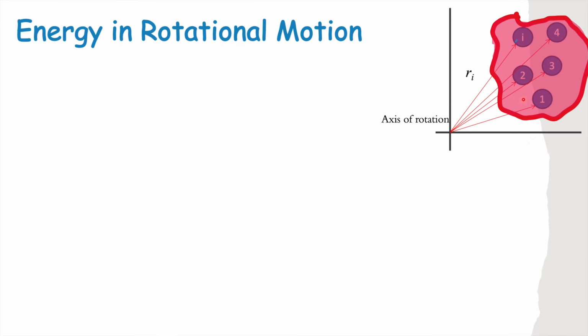So if you try to consider here a rigid body, which is composed of many particles, the ith particle. Shall we say particle 1 has mass 1 with a distance r1 from the axis of rotation, and particle 2 with mass 2 and a distance r2 from the axis of rotation, and so on and so forth. The moment this body rotates, there is kinetic energy associated with that one, and that is simply equal to